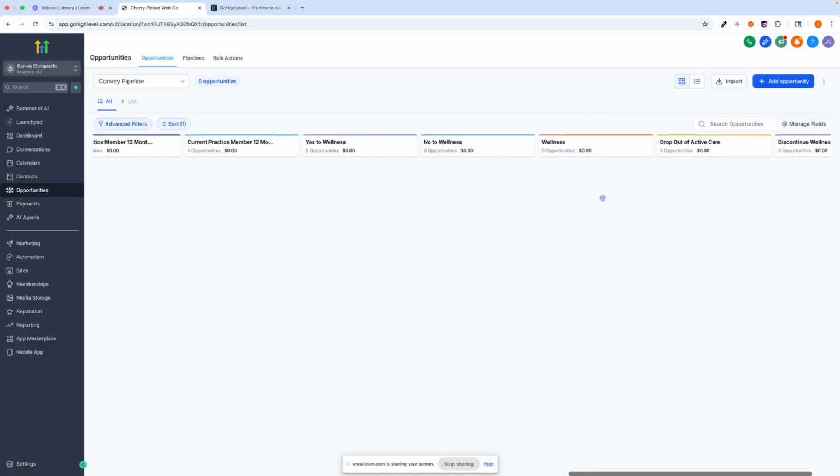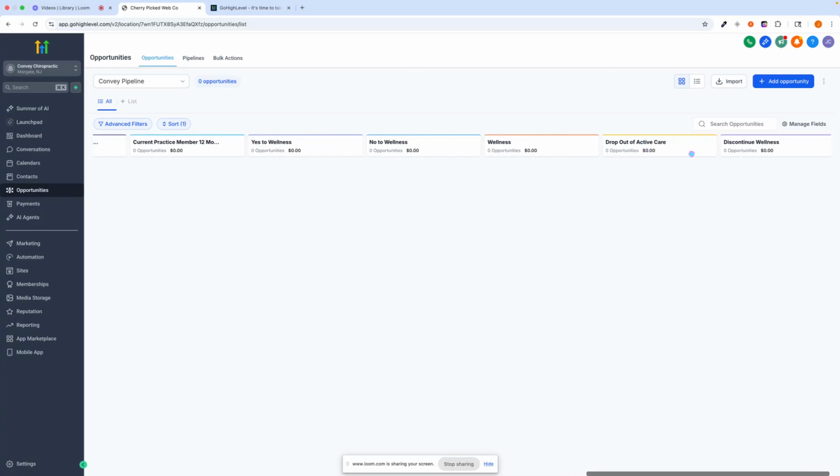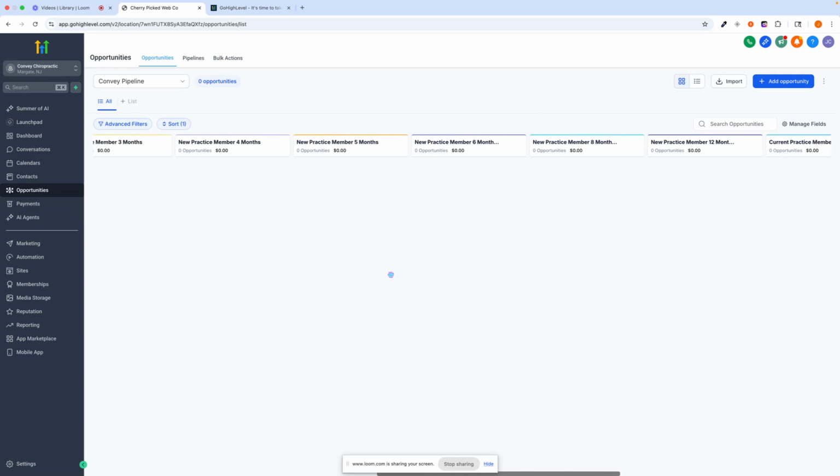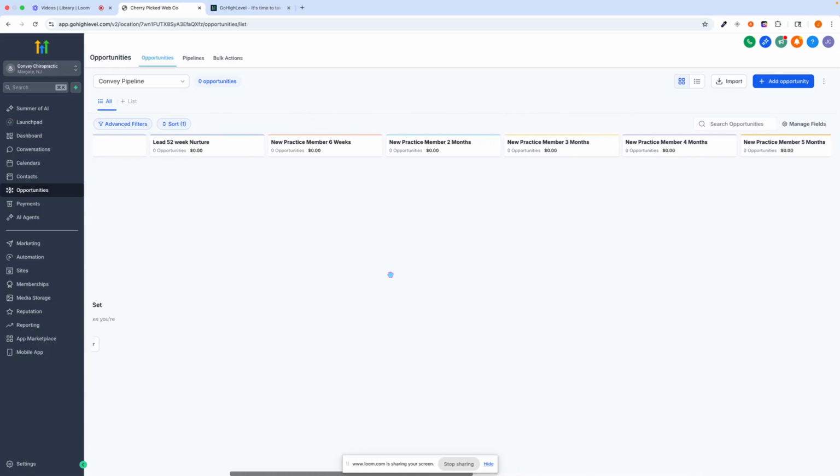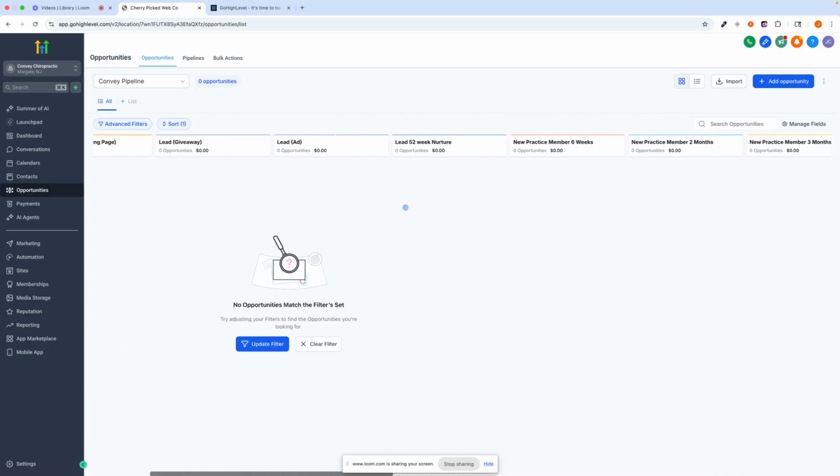You'll then have a list of all of your wellness care practice members. And then if anyone were to unfortunately drop out of active care or discontinue wellness care, these two columns here will also include touch points every few months to just let them know that you're thinking about them as well. So the goal with this pipeline is to really set up situations where we could better communicate with not only your practice members, but also the people in your community. And if there's anything that we haven't included here, you just let us know and we will get that set up for you. So that's a quick overview of the opportunities section. We'll get into this a little deeper later.